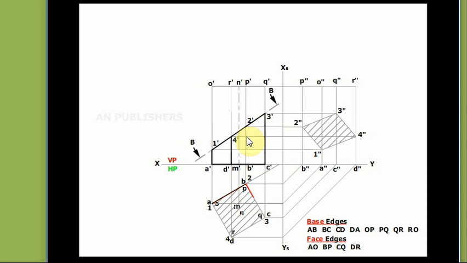So this line no need to make it dark because it is actually a dotted line. So all the bottom base edges are dark. Here it will be up to this one to here. Then the remaining vertical edges of that solid. So up to here the things are easy. After this our aim is to draw the true shape.